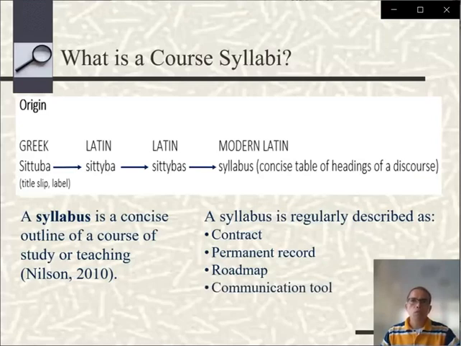Also, communication tool. Communication is clearly the purpose of this document, because communication is a broad term that has two basic categories when talking about syllabus. One is the communication of content, and number two is how the content is expressed. In communication of content, such as the course information, instruction information, assignment and grading information, and any specific policy information is typically considered basic information that instructors provide to students.